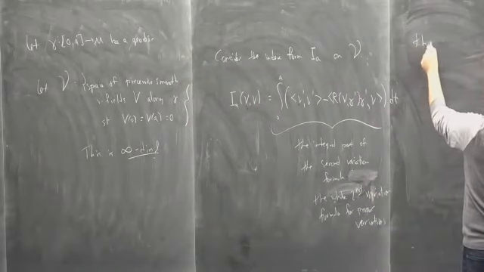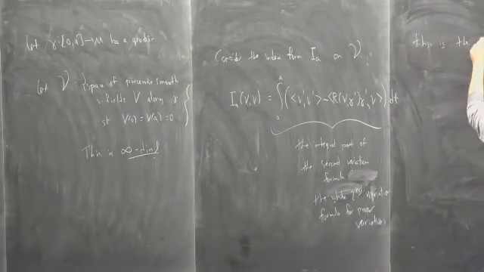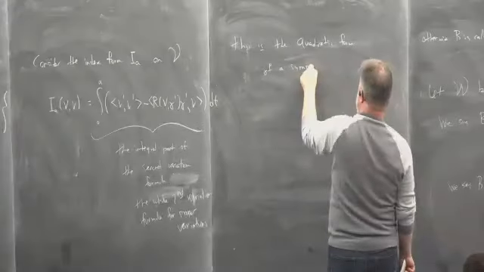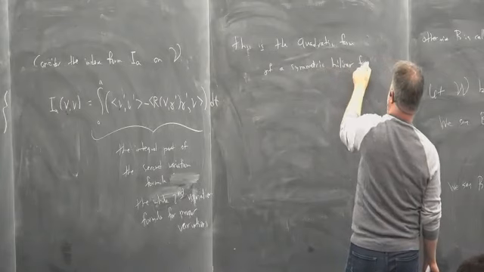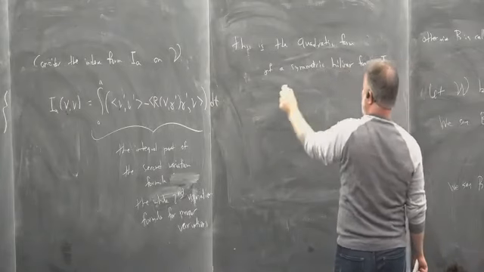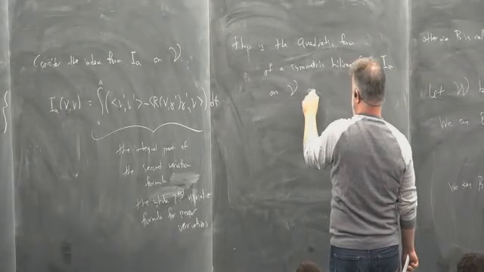So this is the quadratic form of a symmetric bilinear form, which will also denote I_A on V, given by